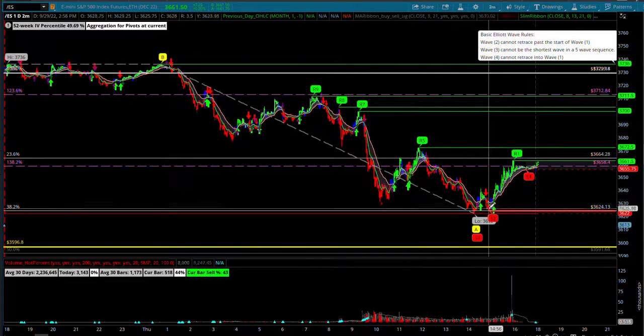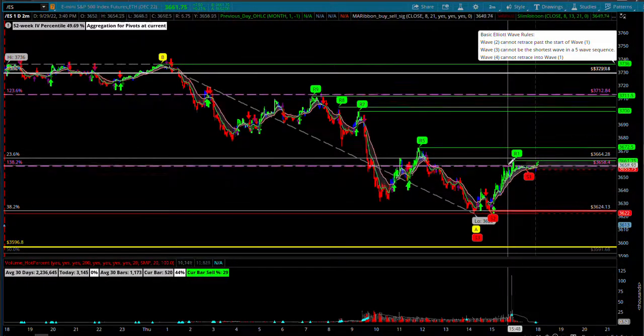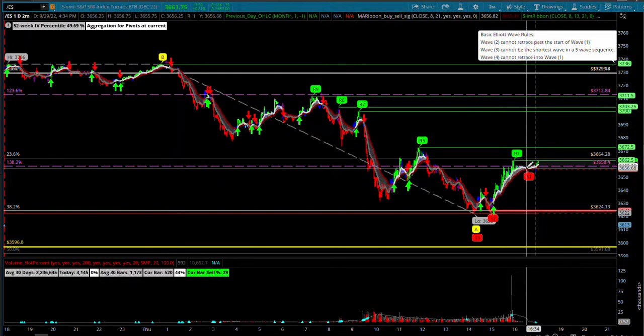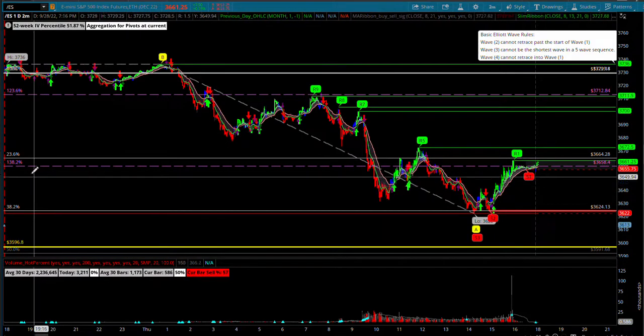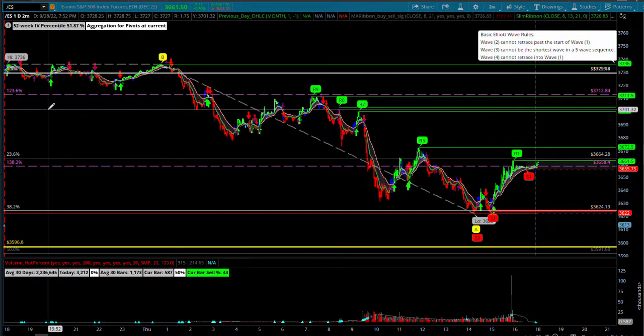Okay, so we managed to put a double bottom in today and managed to rally back to that for the close, going into very, very critical PCE data tomorrow. Okay, number two, on the weekly time frame,